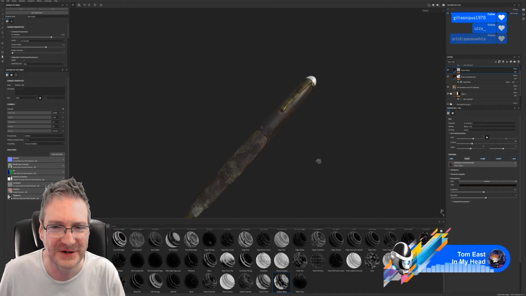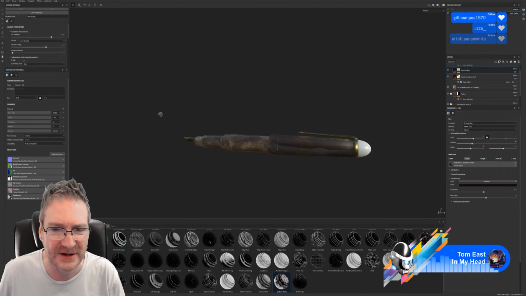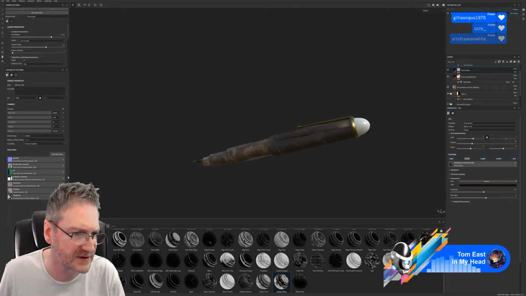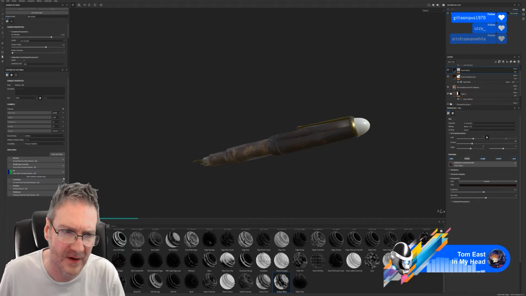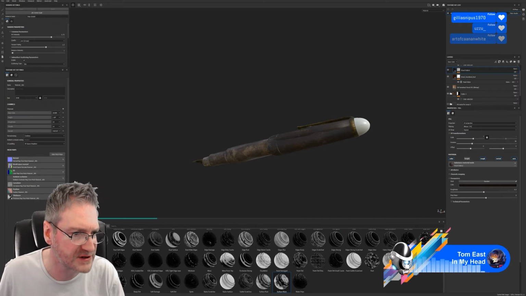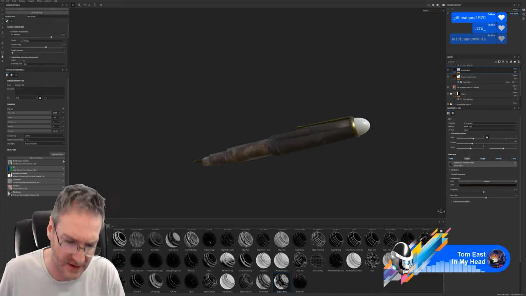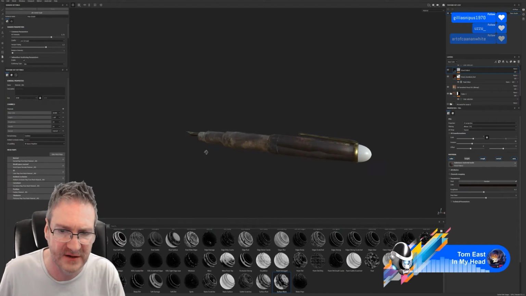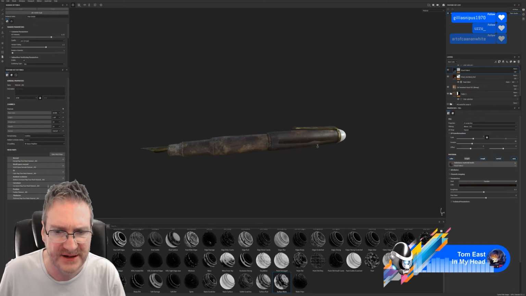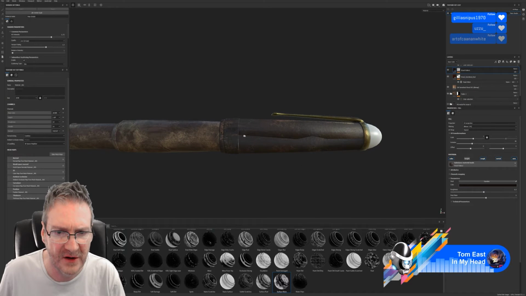Okay, now I'm just noticing, see this line here? I think that might be to do with the ambient occlusion. No, it's not the ambient occlusion. It may be, is it the normal map? No, it's not the normal map. It's actually the way it's been UV mapped that's causing that line.